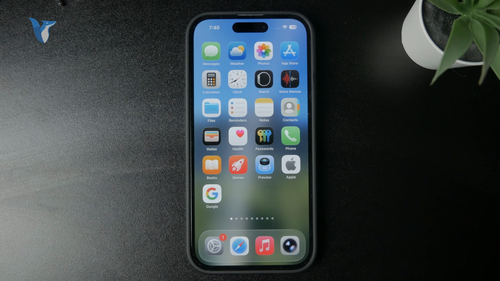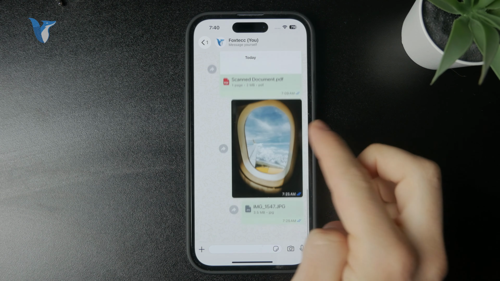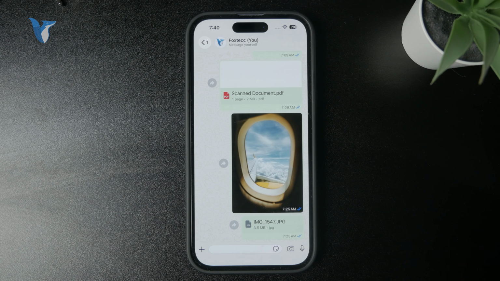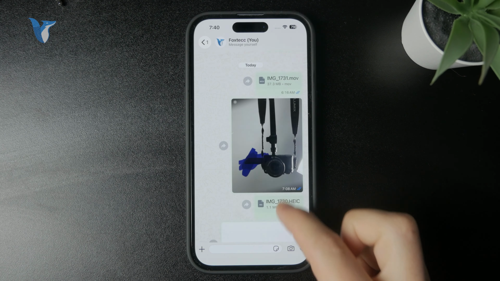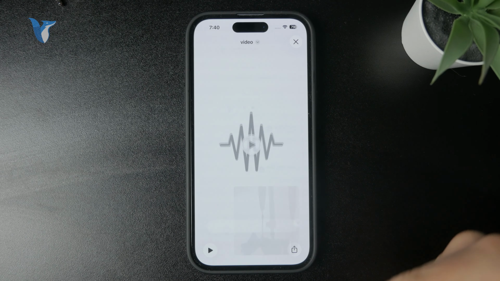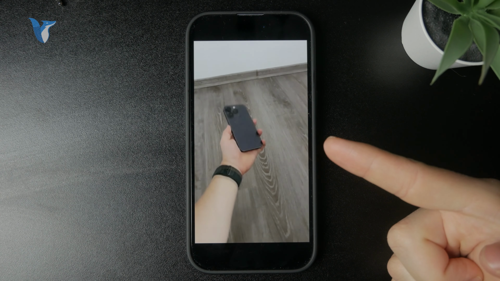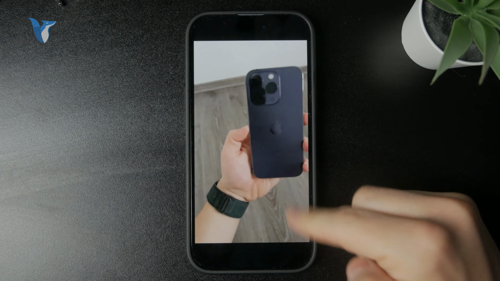So of course, when you go to your WhatsApp chat, you can send photos and videos normally, and they're going to appear right away inside of the message thread. But you can also receive a video which looks like a document, right? And in that case, it might be a little bit tricky. You should always just click on it and it should play right away. If everything is fine with that file, you should see that it just works like this. But if it doesn't work for some reason, you can hold down on it, click on forward,